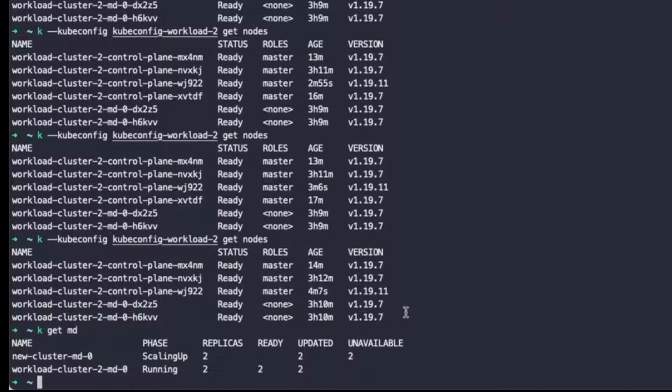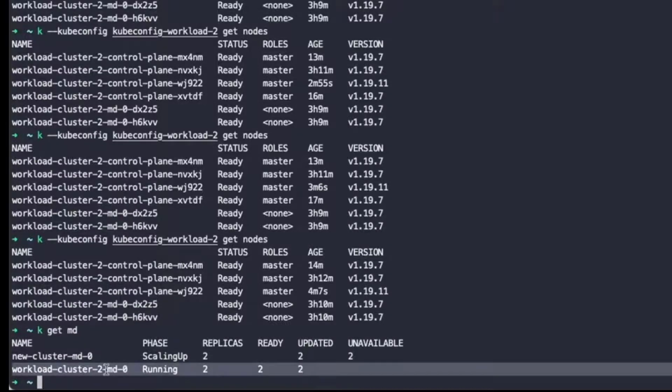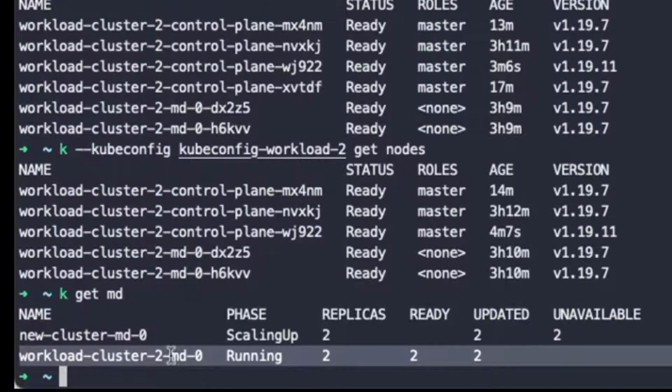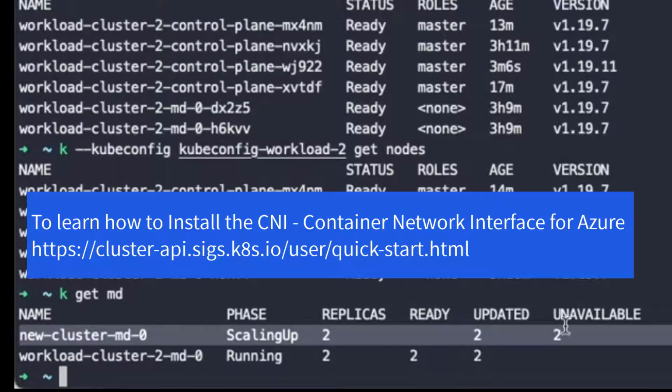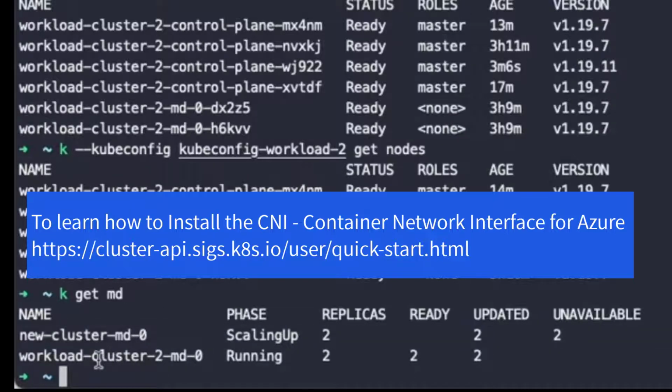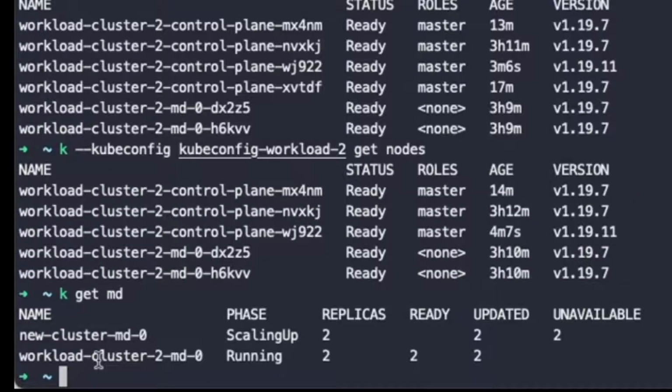let's show that. So this is my other cluster, but on this cluster I just have one Linux machine pool, one Linux machine deployment, which is VM based. And that one is still showing as scaling up because I haven't applied a CNI to it. You will see that it explains it in the quick start. You need to install the CNI in order to have the container networking working properly, and then that will make the nodes go to ready. But what was I saying? So yeah,